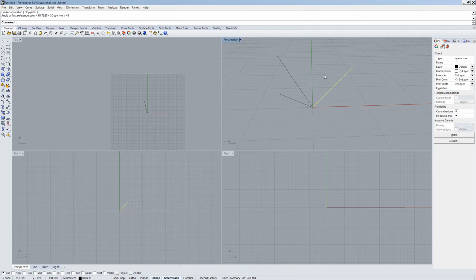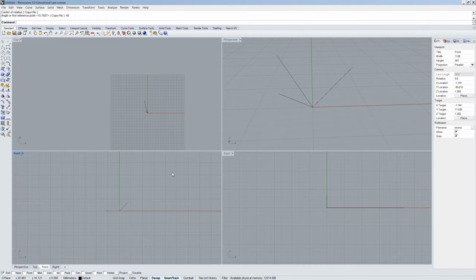So rotate is entirely dependent upon the C-plane of the view you are in. So that is quite useful when you're working in 2D, but in 3D it becomes a little bit tiresome. So I'm going to quickly delete all this, and I'm going to show you the other one, which is rotate 3D. So what the C-plane is doing